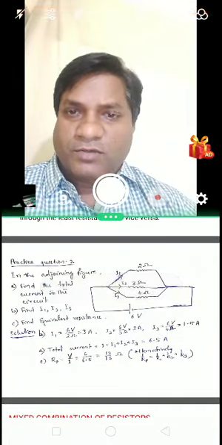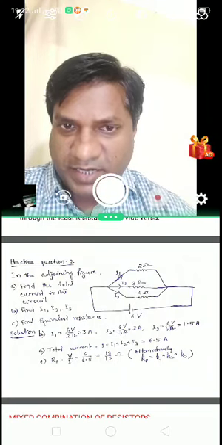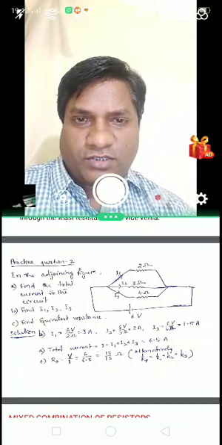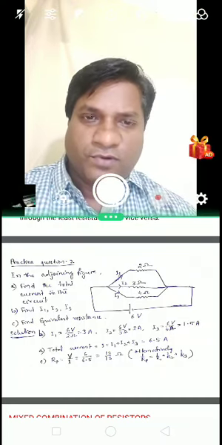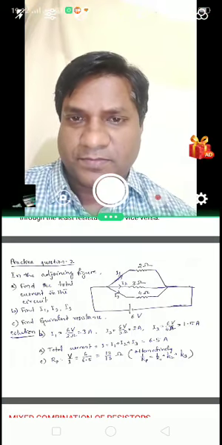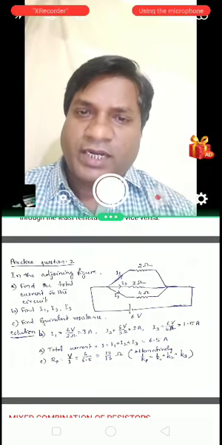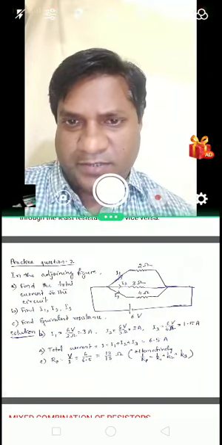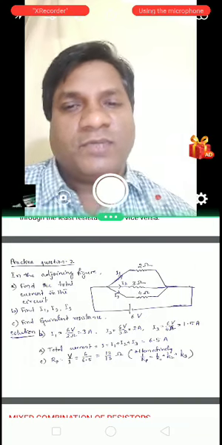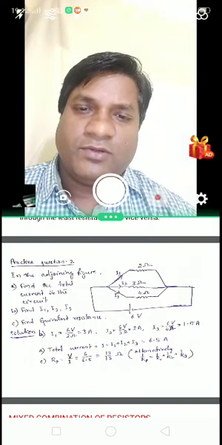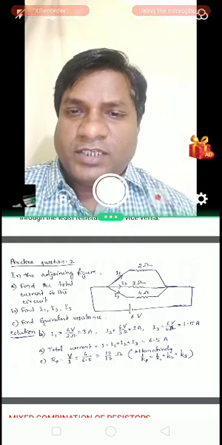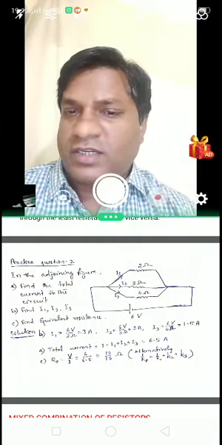So students, let us see another practice question. Here in this diagram, three resistors 2 ohm, 3 ohm and 4 ohm are connected in parallel across a 6-volt battery. We need to find the total current in the circuit. We need to find the current passing through 2 ohm, 3 ohm and 4 ohm. And we need to find the equivalent resistance. Now let's see the total current in the circuit.